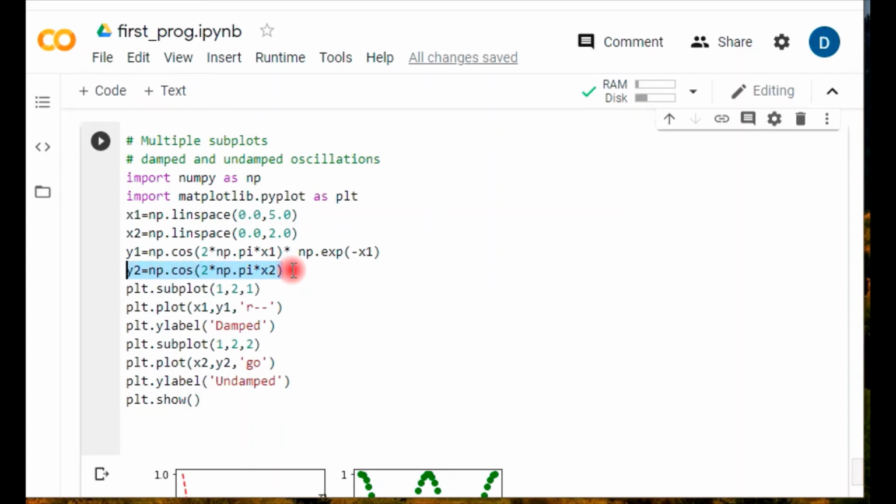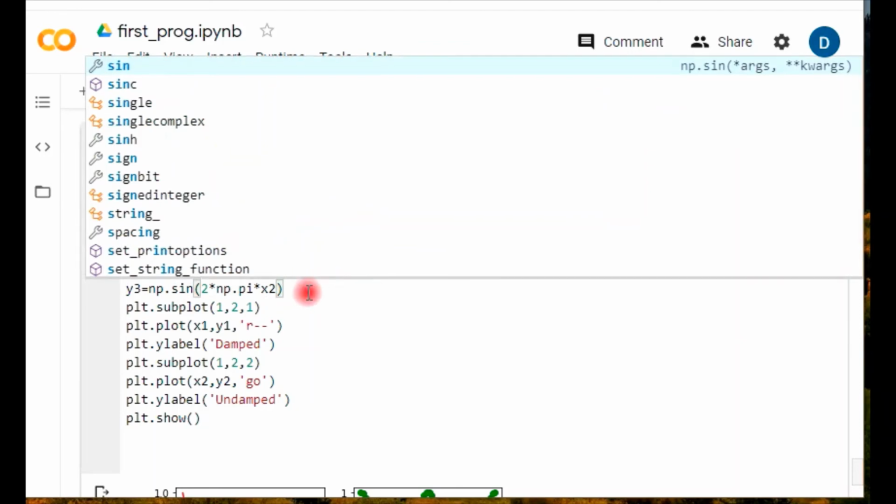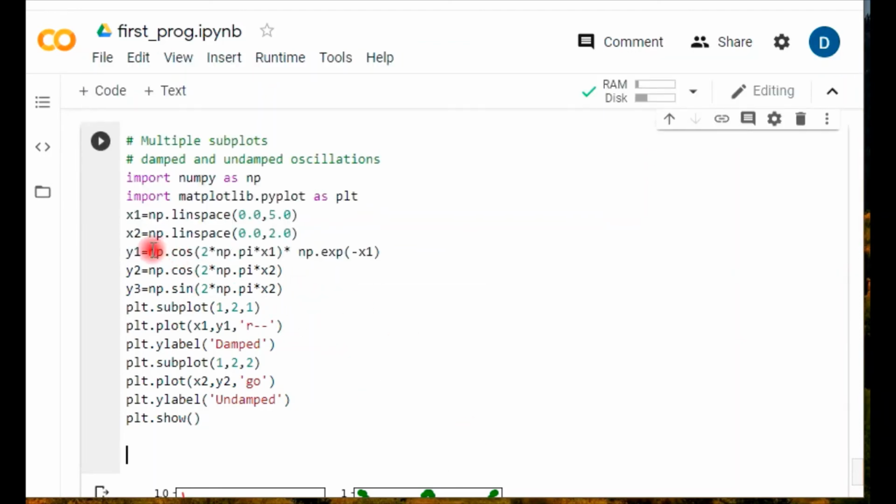I'm just copying it here and pasting. So here I've created the 3rd variable for creation of a plot. Here I'm taking y3, and instead of using cos, I'm using sine. So now we have three things, y1, y2, y3, and two independent variables x1 and x2, and these depend on them.